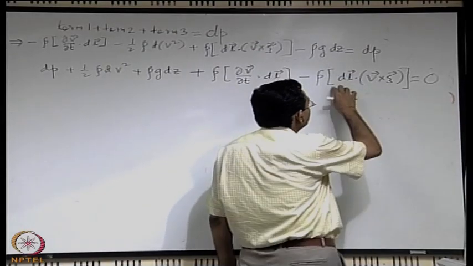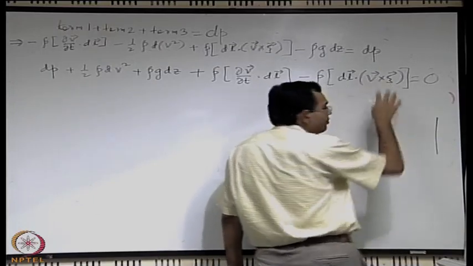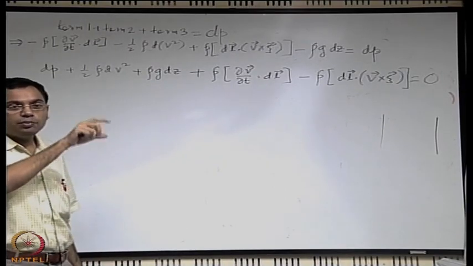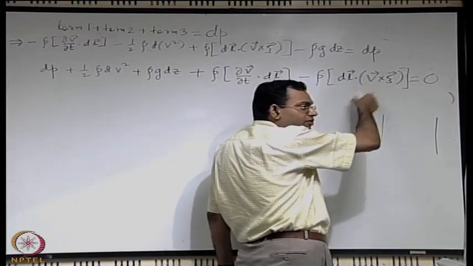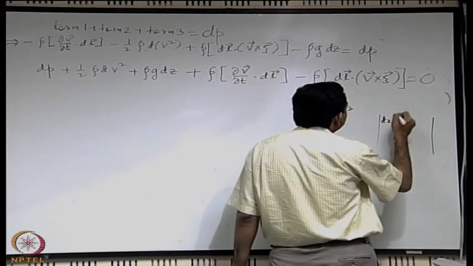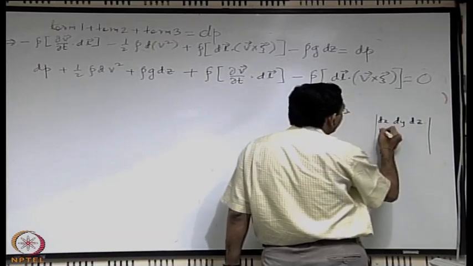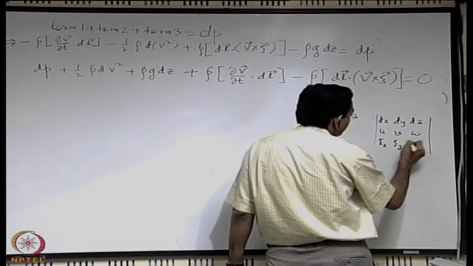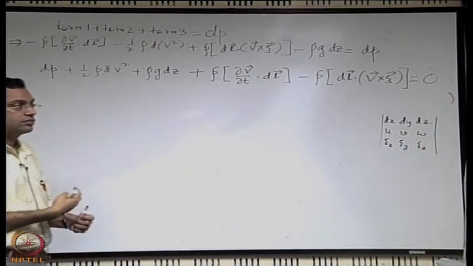What are the cases? So if you just write it in a determinant form, when you are having such a scalar triple product, you can write it in terms of determinants, where each row of the determinant will represent the components of the vectors taken in the particular order. So you have like, for dl you have dx dy dz, for v you have u v w, for the vorticity you have